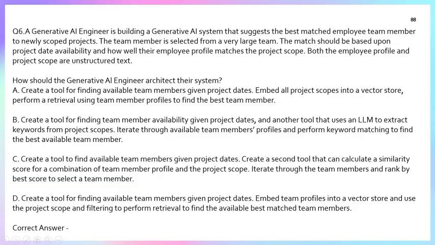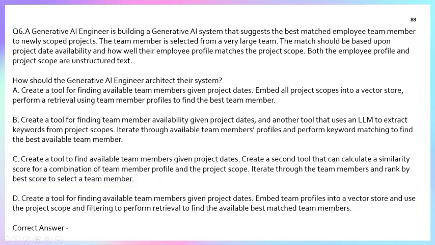Option C: find team members, calculate the similarity score of project versus profile, and rank by the best score. This clearly handles both requirements. Filter by availability first, which is structured data, and use the similarity score, semantic embedding or LLM similarity, to match the profile. Then rank by score and pick the best available. This is option C, which I think is correct.